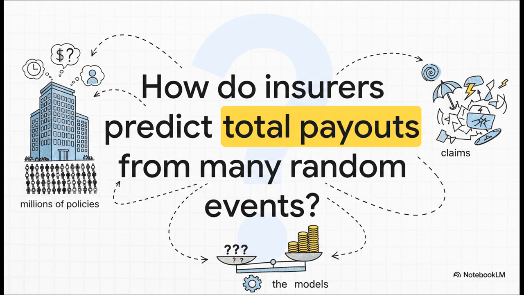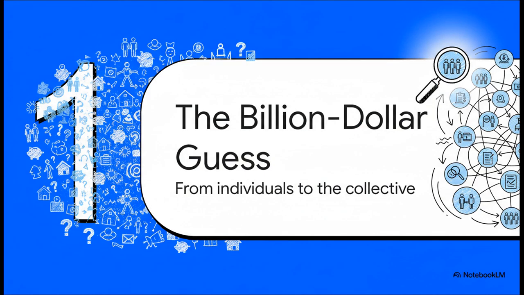So just imagine for a second, you're running an insurance company. You've got millions of policies out there. Millions. Some people are going to file a claim, but you have no clue who, or when, or for how much. So how can you possibly budget for your total payout for the year? That's the exact high-stakes question this whole collective risk model is designed to tackle. I mean, can you imagine trying to track every single policy one by one? It'd be an absolute nightmare.